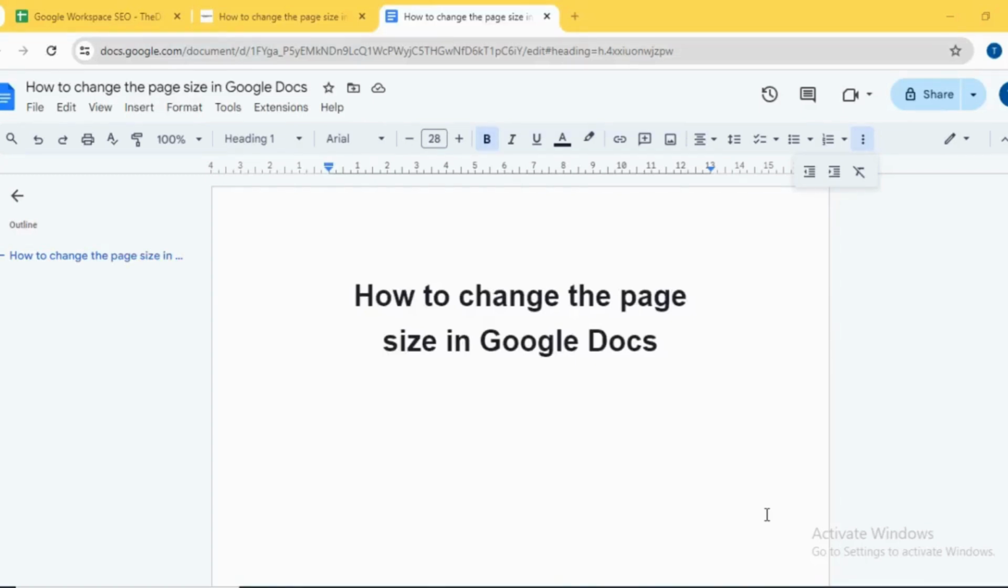Today we're gonna check how to change the page size in Google Docs. Okay, so in order to change the page size in a Google Doc, all you have to do is go to the page where you have to change the size in the doc, and